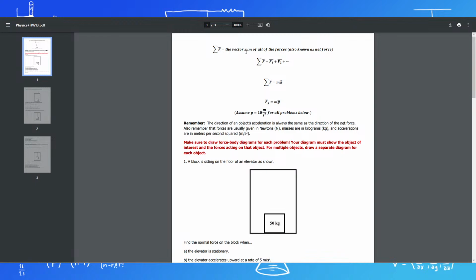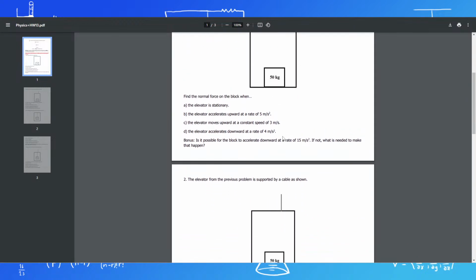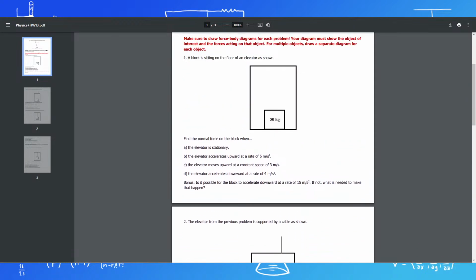Okay, so formulas, we've already seen all this. Gravitational force equals m times g, we already spoke about that. Let's go ahead and look at what we have here. So number one says a block is sitting on the floor of an elevator as shown. It's a 50 kilogram block, and it says find the normal force on the block when the elevator is stationary,